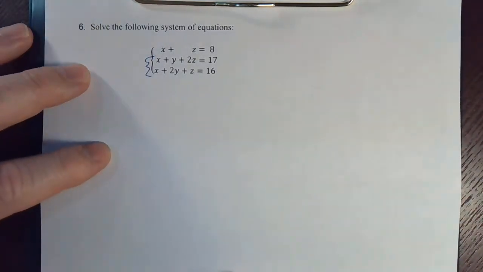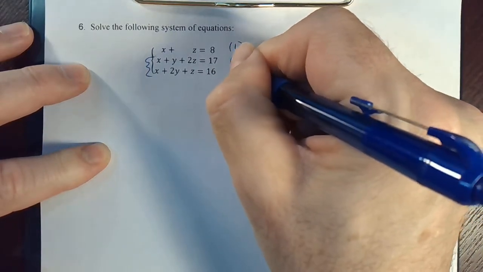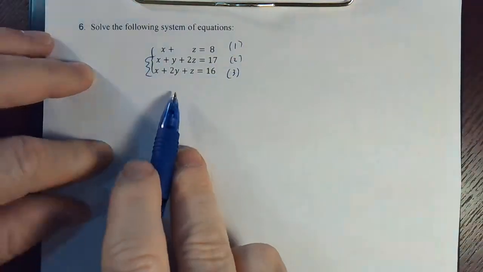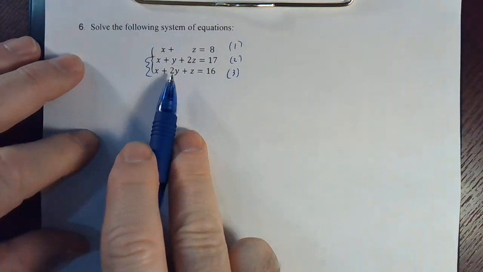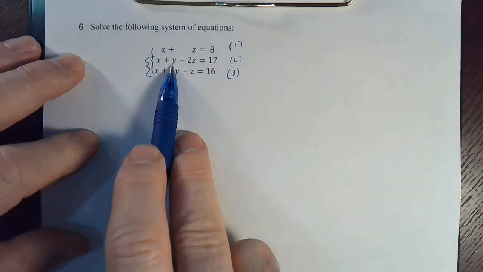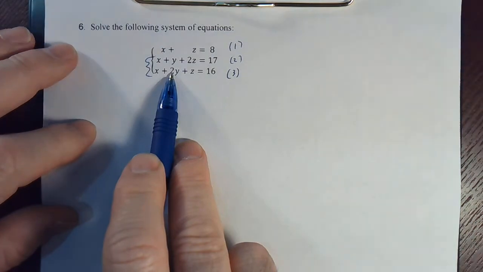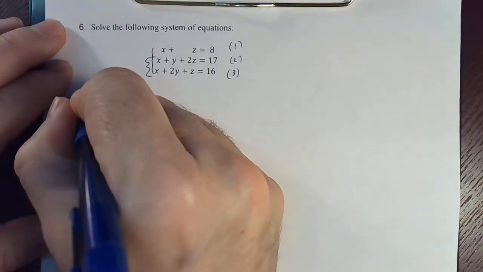So let's use equation 2 and equation 3 to eliminate y. So it looks like if I were to multiply equation 2 by a negative 2, we could do it, because we'd have a negative 2y and a positive 2y when we add the two equations together. So negative 2